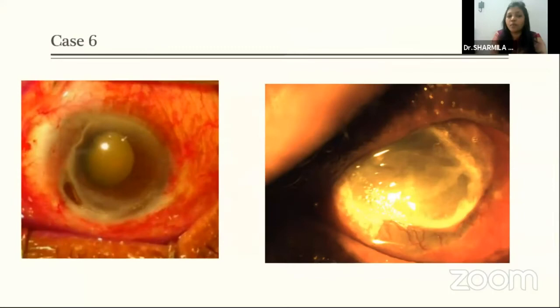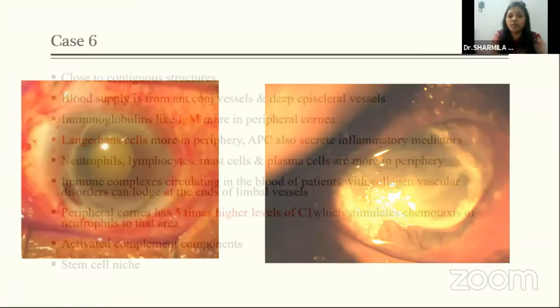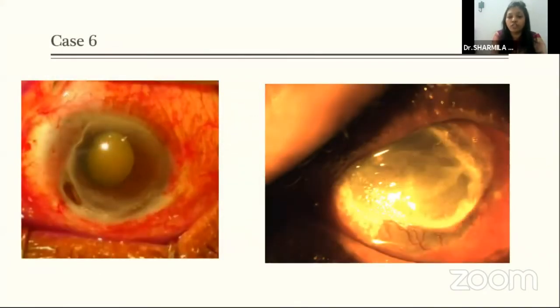Case 6, you can see some crescent-shaped inflammation, almost 270 degrees, in the juxtalimbal cornea, and you can have adjacent episcleritis there. You can see 360-degree vascularization, thinning here, and iris tissue plugging the cornea. It's very important to differentiate an infectious PUK from a non-infectious PUK. So the first investigation that you should do is a smear, to rule out infectious causes, because then the management protocol differs. You should always manage a case of PUK with a rheumatologist after doing a complete systemic evaluation.